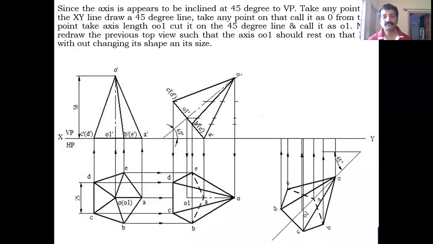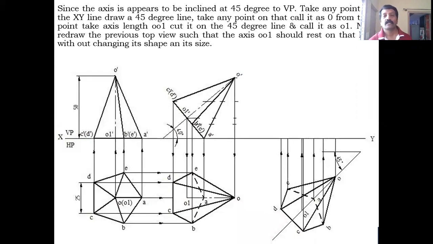So he has given the top view of the axis, or the axis appears to be inclined at 45 degrees. If you get these two sentences in your question, then there is no need to take the locus. That means he himself gives the apparent inclination, or angle beta. So here I can directly take the beta angle. The inclination with respect to VP that has been given is not the true length, it is the apparent inclination only.